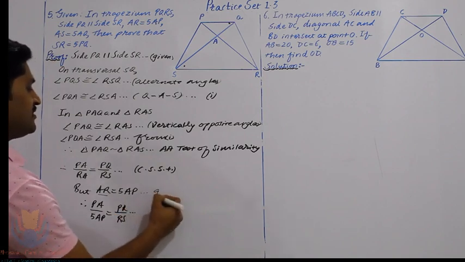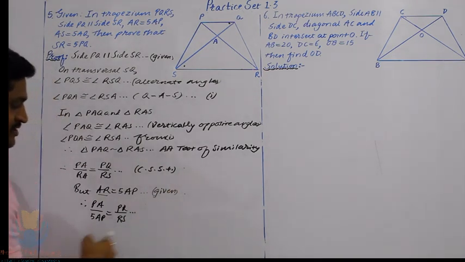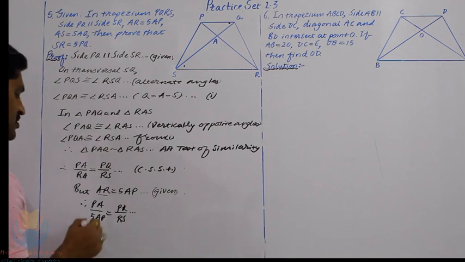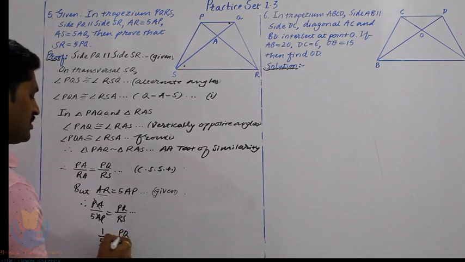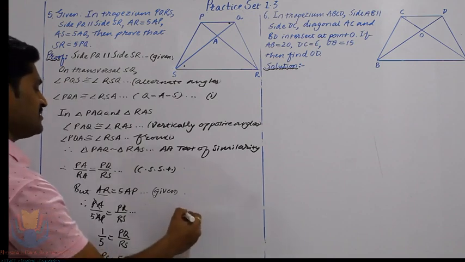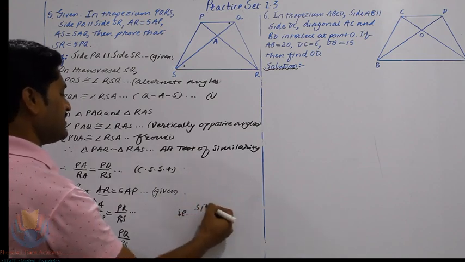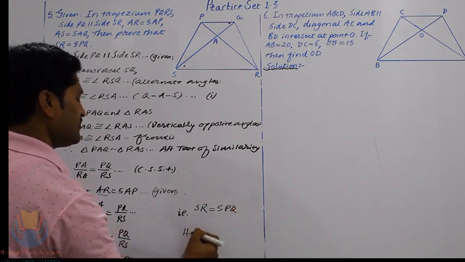And so we will write the reason, given. We can name these equation number 1 and equation number 2, and here we can write from equation 1 and 2. So let's cancel this PA and this AP. So we are left with this 1 upon 5, which is equal to this PQ upon this RS. Therefore this RS is equal to 5 PQ. That is nothing but, as we have to show, we can change the name as SR, which is equal to 5 PQ, hence it is proved.